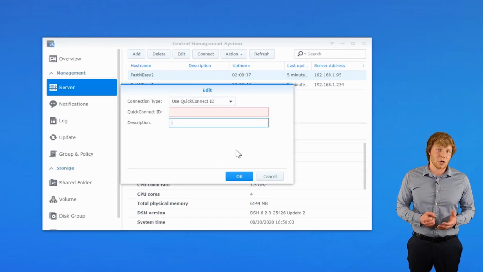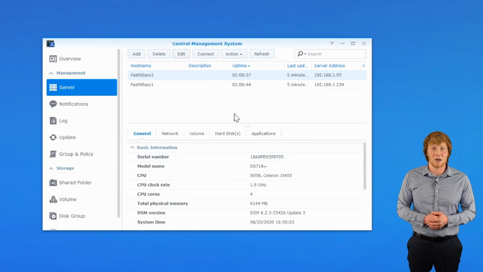I can also do this for a Quick Connect ID. One other thing that you might want to do is you can add a description for each one of these NAS units so that you know where they're located. For instance, let's say that this particular device is going to be located at our Post Falls, Idaho convenience store